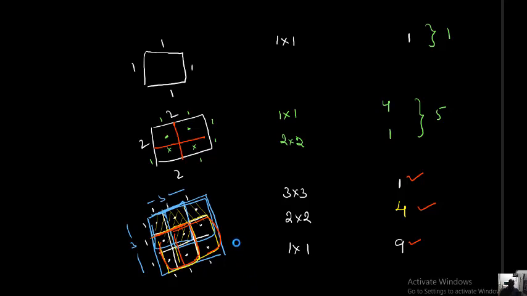Okay, now I want to generalize this concept. I want to take one more thing. I want to take a square of side 4 units. Observe, students. Side 4 units. I want to divide it into unit squares, 4 into 4, 16 squares, I will show you. So 1, 2, 3, 4. My diagram is not exact, but these are the squares of 1 unit length. How many are there? I can say 16 of 1 unit length.